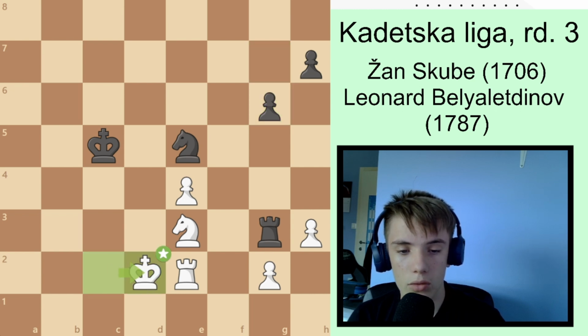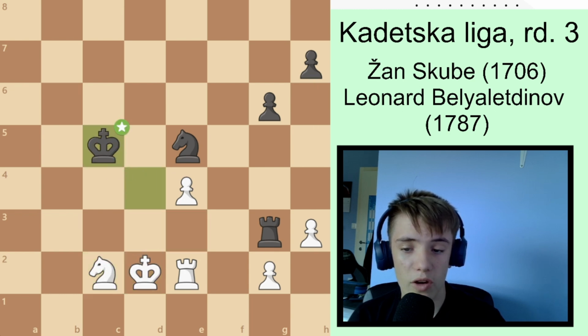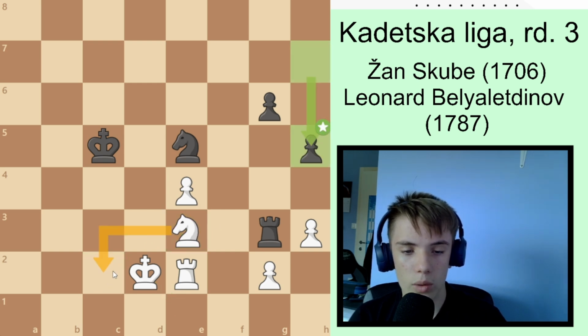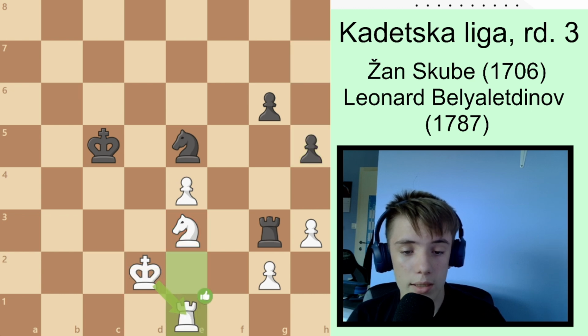So I played the move king to d2, and after king to d4 I gave this check, and after king to c5 I simply played the move knight to e3 back, and he played the move h5, and now I should just wait with my knight and the draw would be kinda easy. Knight c2 and knight to e3 should be a drawing technique, but I played the rook to e1, still okay,